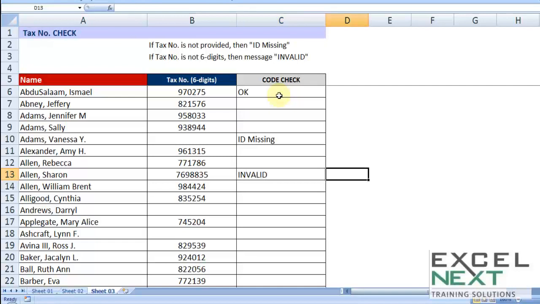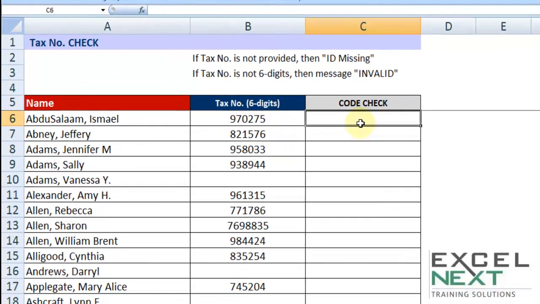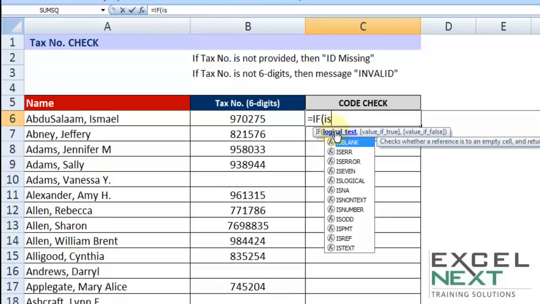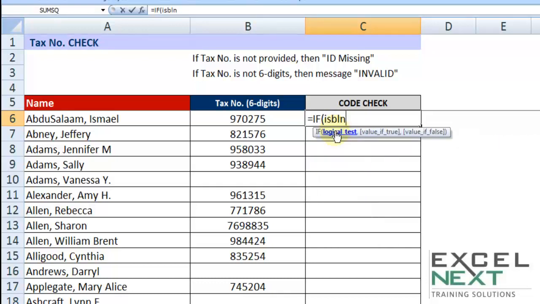Now how do I give in these 3 scenarios? Let me write the statement, and along the way I'll also explain the logic. So equal to IF. First I am going to ask a question. The question is, is the cell a blank?